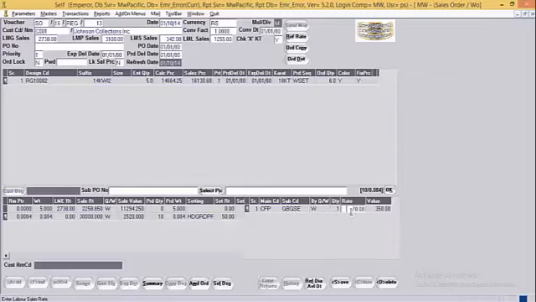Then the quantity, rate of the labor which needs to be applied over here, then the value. As we can see over here, the rate is been multiplied by the main metal weight to arrive at the labor value.